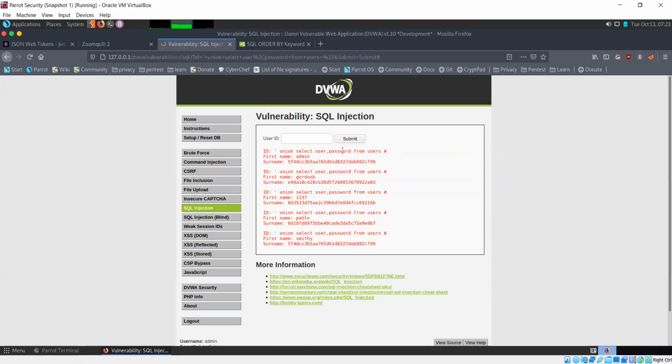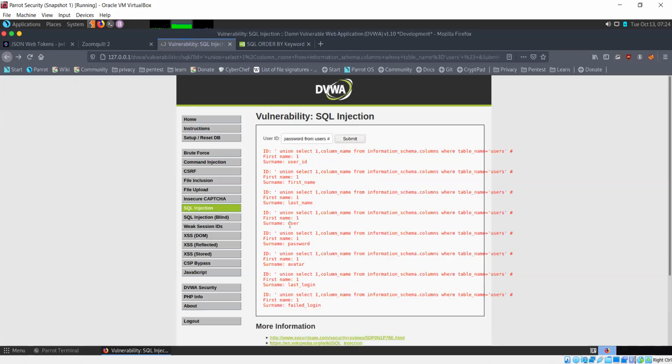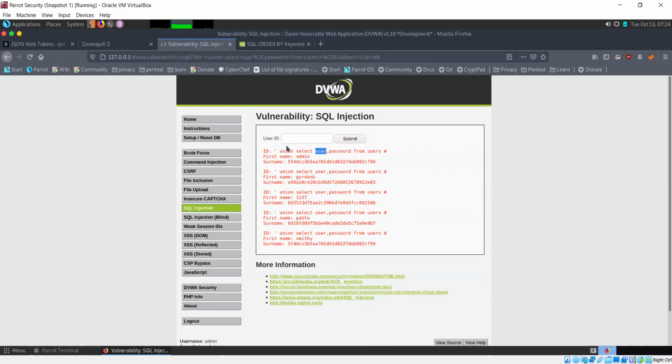So now what we have done is we have done single quote union select user, password from the users table. So in the previous query results, we found out that there was a column called user and a column called password. So we simply use that from the same table where first name and surname are present, and that is something that you can do. You can run a union for two select statements from the same table. So we selected user and password.